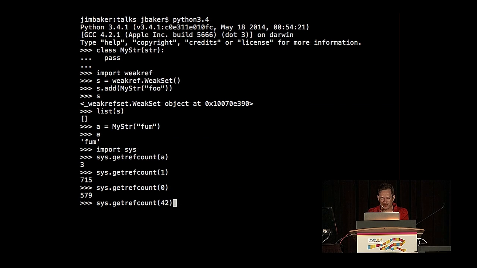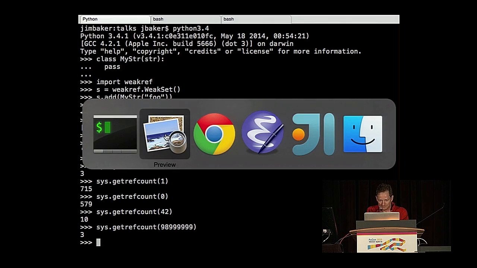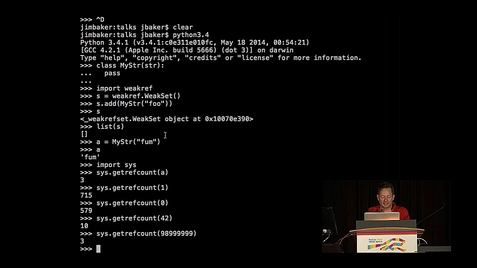579? Even 42 has a lot of references to it. It's only when you go up to something like this that you would actually see, oh, there's just this one reference apparently outstanding. That's real. All right. So if I then went and added that to my set,